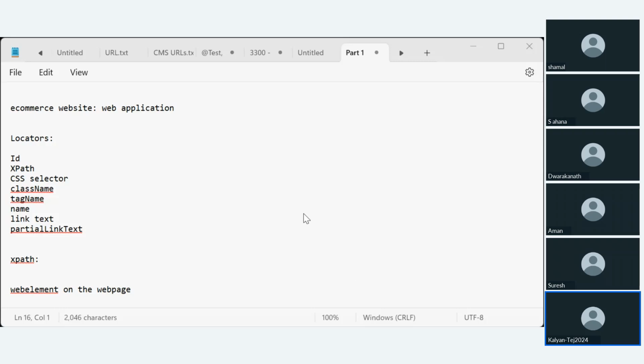No need to hesitate if you are not sure about Java programming, or you don't know Java, or you have only some basic idea, that is fine. I'll help you out in writing the code. Anybody of you guys? Since it is a Q&A session, I want everybody to unmute yourself and interact more. So I see Suresh. Suresh, can you share your screen? Is it possible?